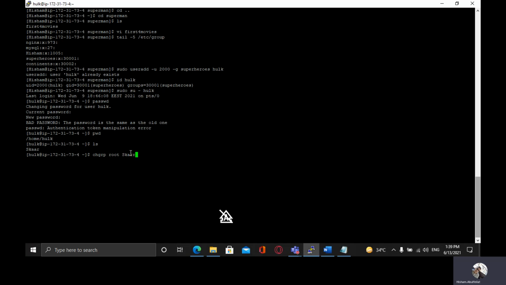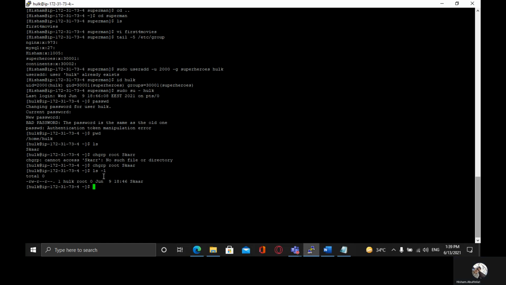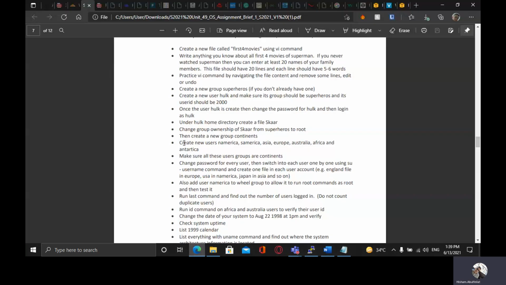Then, and then we should see the ownership is changed with root. Now, if you don't have sudo permission, you could also use sudo chgrp, but I already got it. So the next